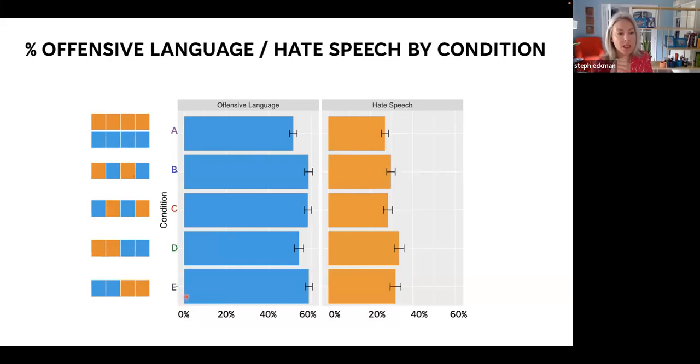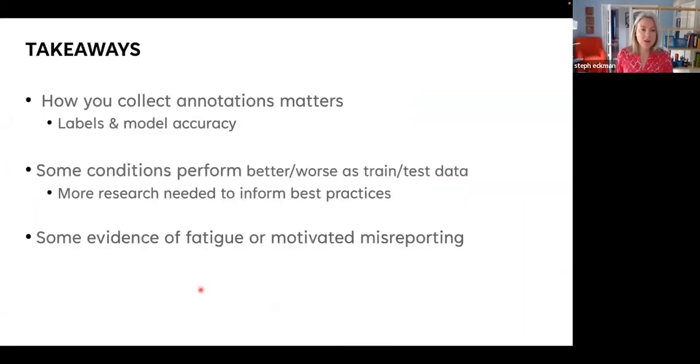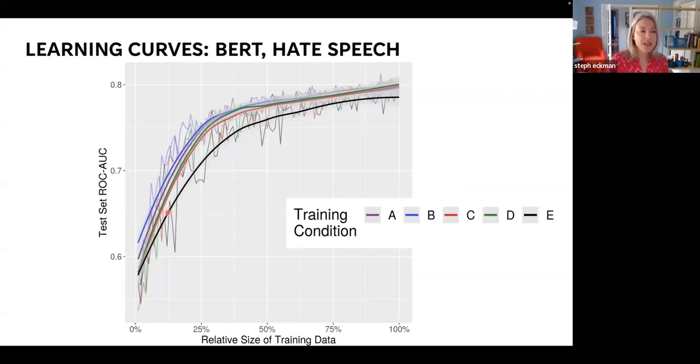I think sometimes when we see condition E doing less well in those learning curves, perhaps is what you're talking about. Those learning curves were the BERT model, and they were hate speech. And so I think what's going on here is that in condition E, hate speech was always collected at the end of condition E. Maybe that's what you're asking in the question. So we see fewer hate speech labels in condition E, right? We see a decrease here from D to E. And when we look at that learning curve, we see that condition E in the hate speech and in the BERT model is lower.